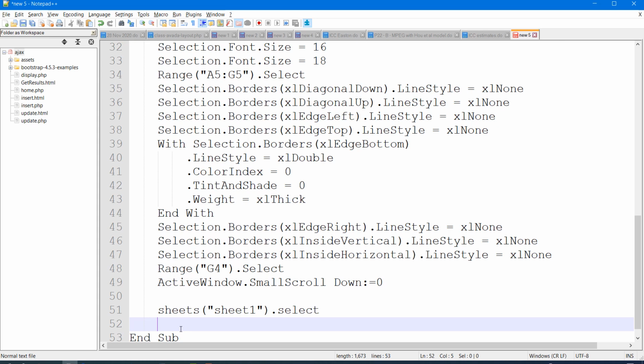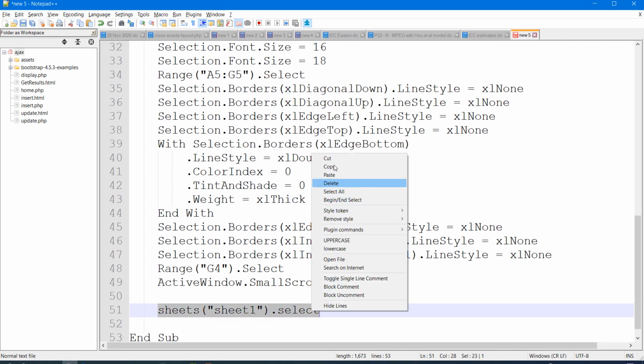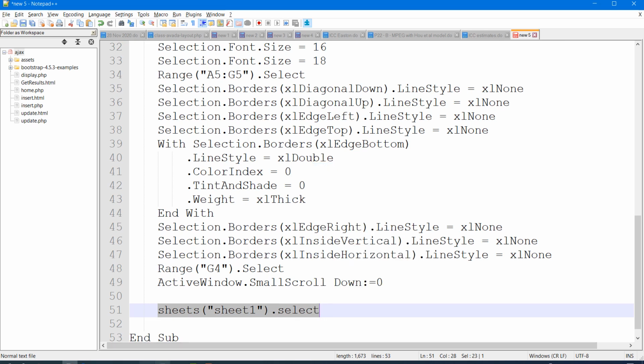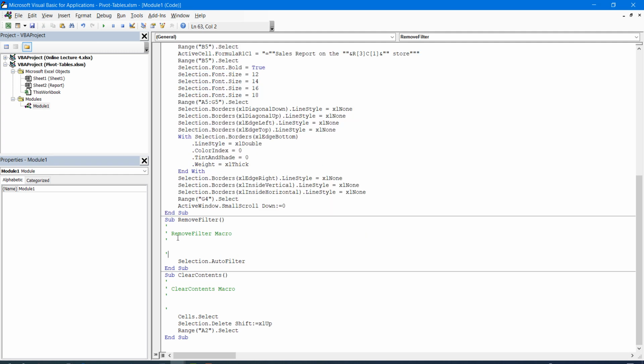Okay, so before merging the remove filter macro with the main code, let me try the sheets code on the filter macro.